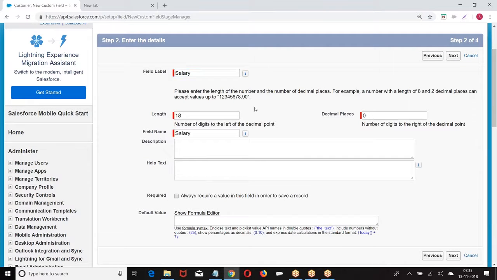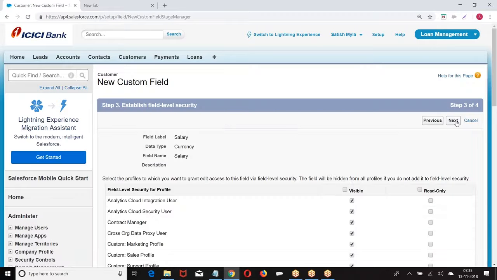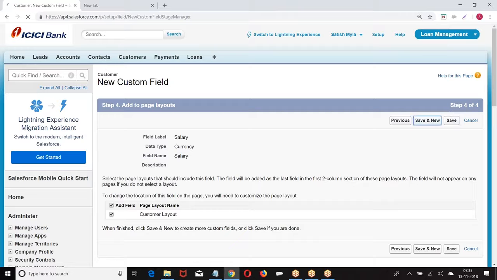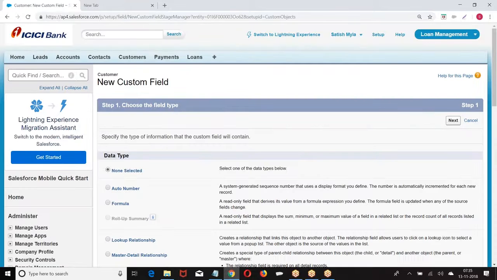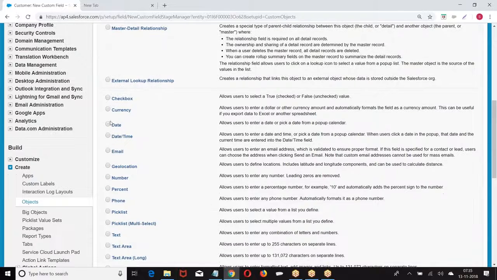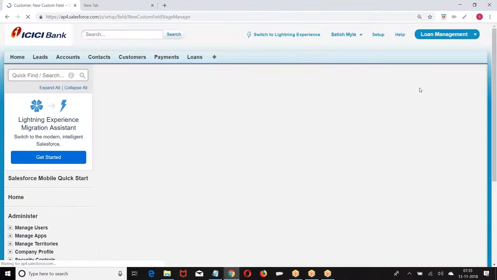Choose the data type. Enter the details. Give next. Save and new, trying to create a new one. Now, if it is a company, then I will have established here.